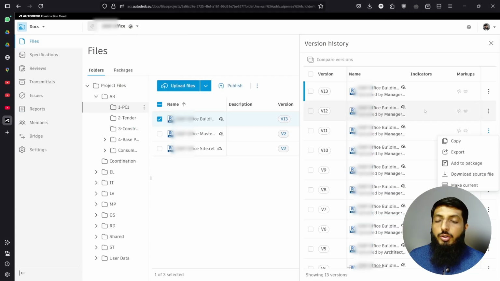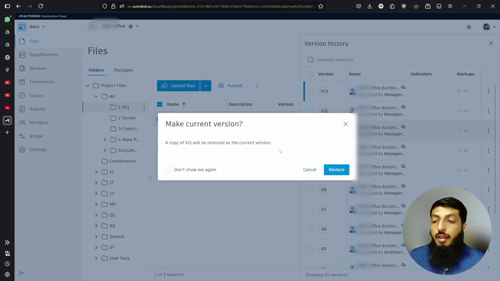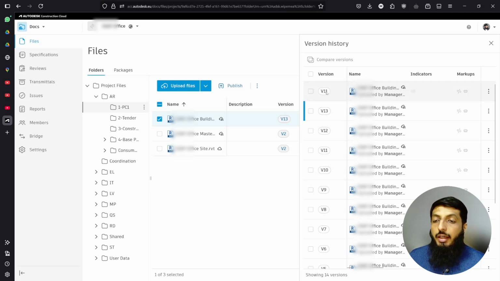This way, you can also see that if the version numbers are the same, then there is no difference in that Revit model. So if I restore this version, you see here it is version 11 and it is being restored. The version 11 over here and the version 11 over here, absolutely no difference. When I start working on this model and I publish the next version, then I will have a different version number, and that will be version 14.